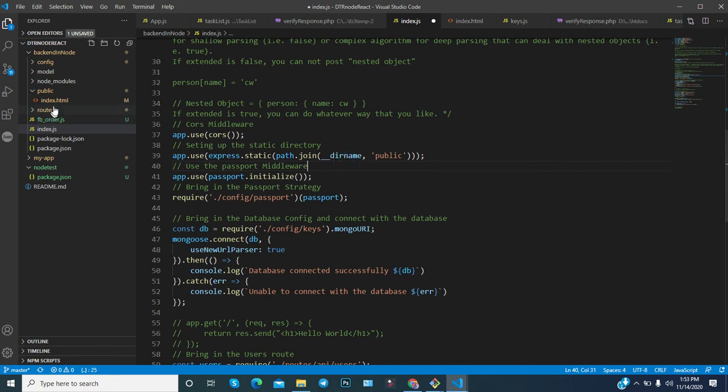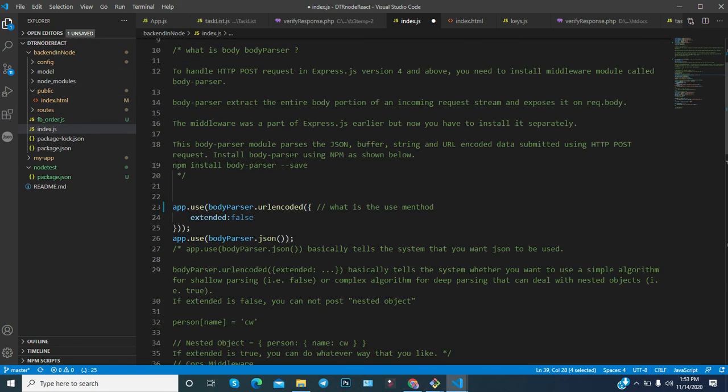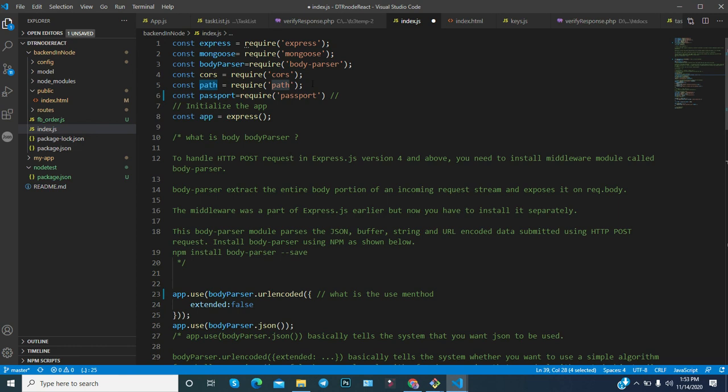Okay, suppose you put an image here, you can also access the image. Just localhost colon 9000 slash the name of that particular image, and you can display it. So through the path library you got the ability to access any file, mainly static files. Okay, so this is a huge topic.